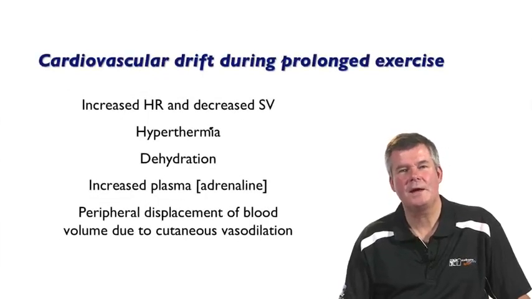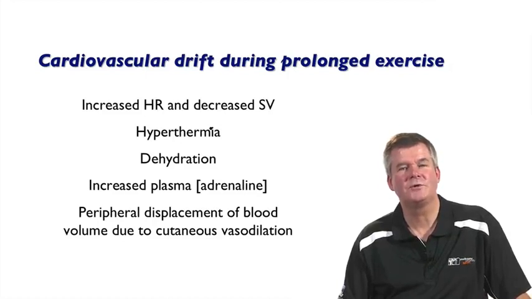In relation to the cardiovascular drift, as I said, there's an increase in heart rate and a slight decrease in stroke volume. Some of the factors that have been implicated in that include hypothermia and dehydration, and we'll touch on those in the next module. An increase in plasma adrenaline over time will contribute to an increase in heart rate. And the peripheral displacement of blood, particularly to the more compliant cutaneous circulation, has been implicated in these cardiovascular changes